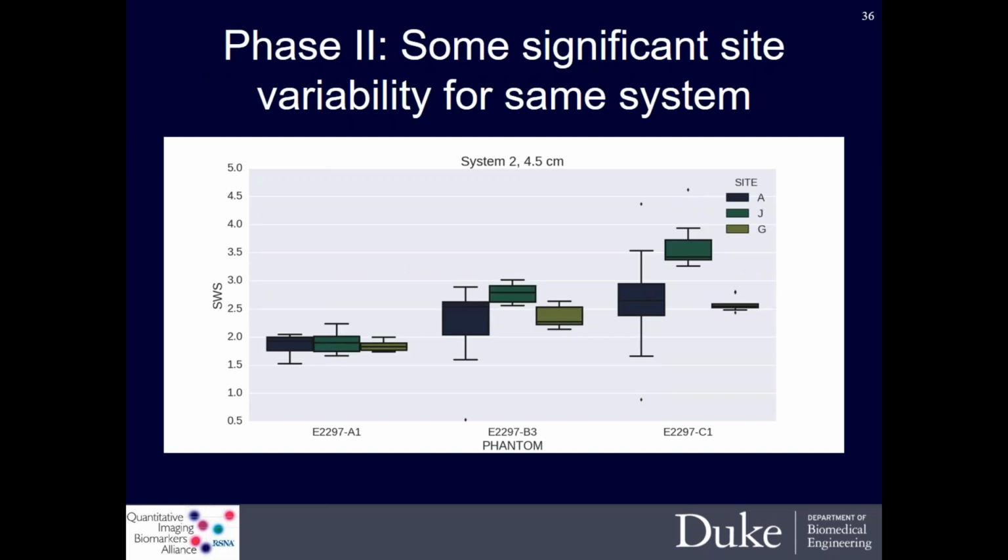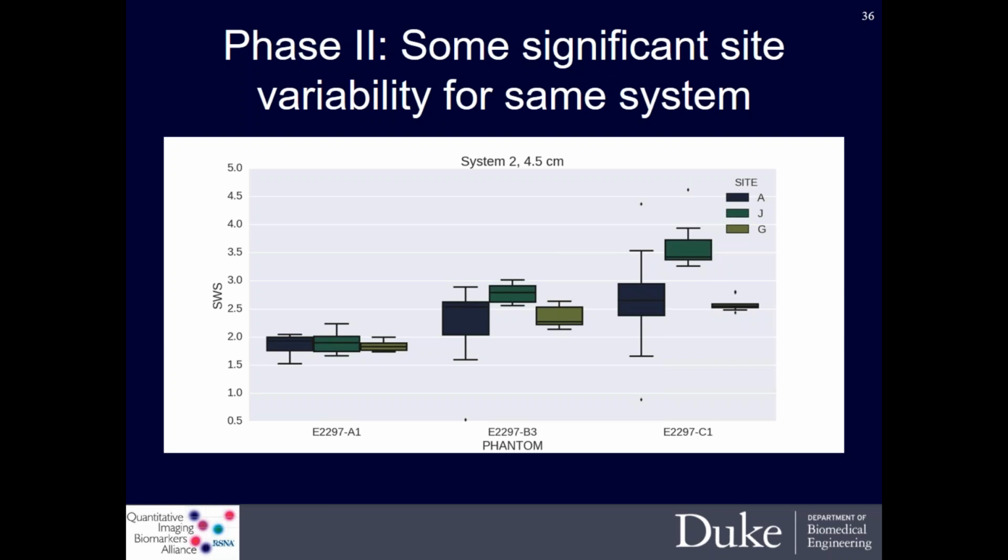One of our earlier assumptions that we also wanted to test was how a given system that was deployed at different sites compared to itself. So in this case I'm showing a single system, so a given manufacturer with the same probe type and software version number that was at 3 different locations. How did it perform at the same focal depth? And you're seeing on the left the A phantom, the middle the B phantom, and the right the C phantom, with again the 3 things representing the different sites.